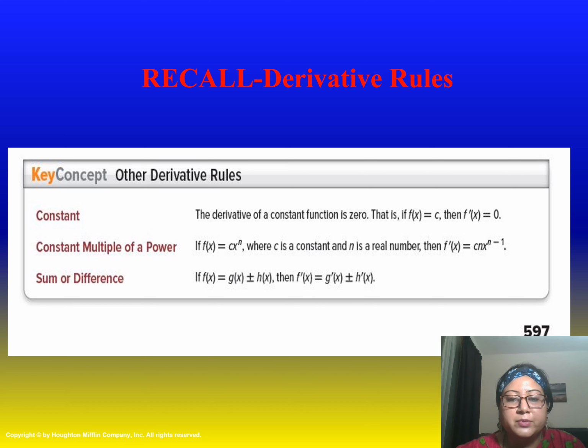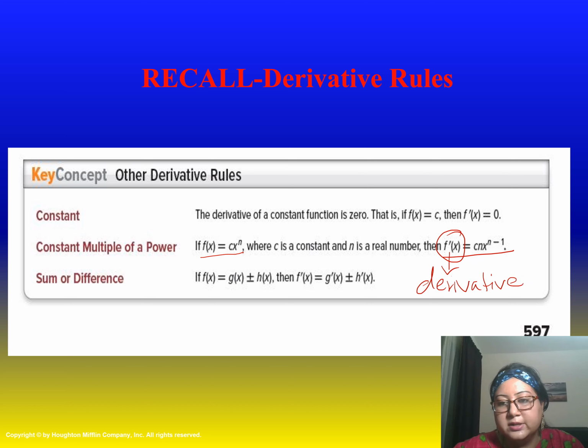So when you are going to differentiate f(x) = c x^n, the function is this one, then the derivative using the power rule, f'(x), which is denoting here the derivative of the function f(x). So f'(x), you all know, this is the derivative of f(x), the first derivative we are talking about. So the derivative of f(x) using this constant multiple of a power rule becomes c times n times x^(n-1). So here we have applied the power rule as well.